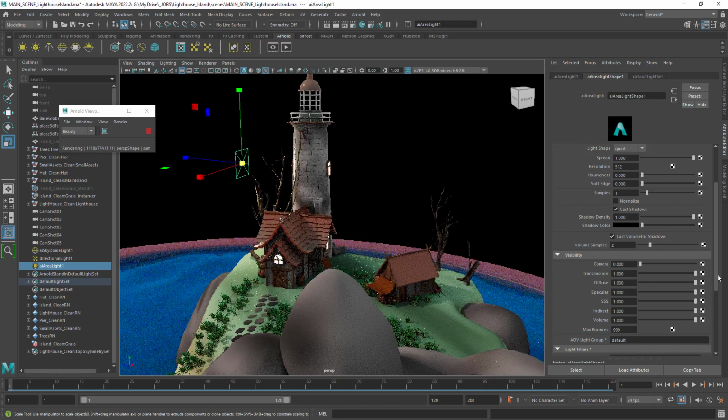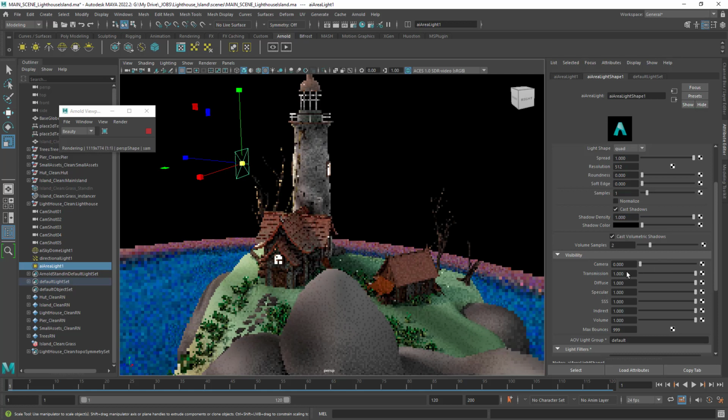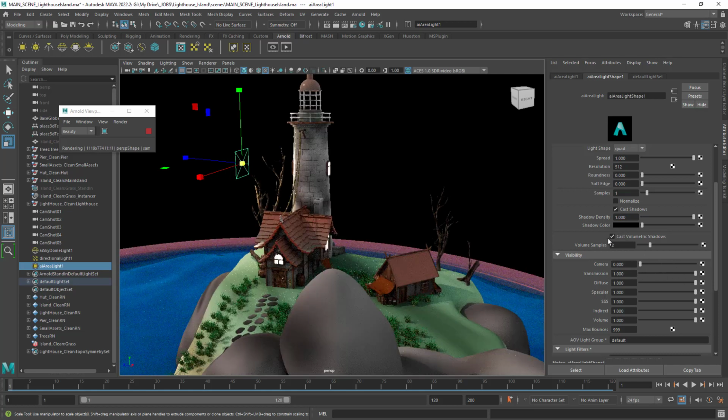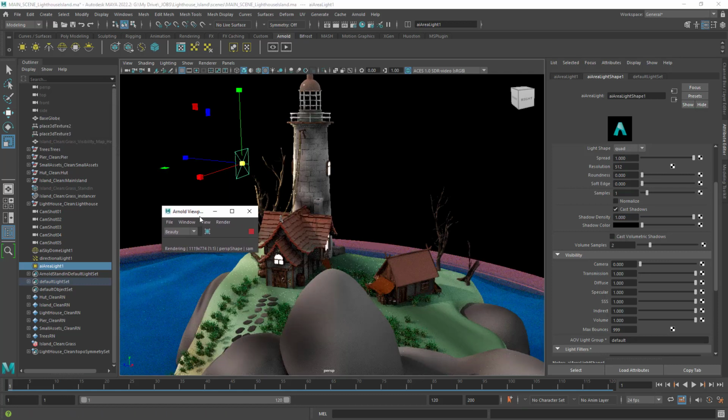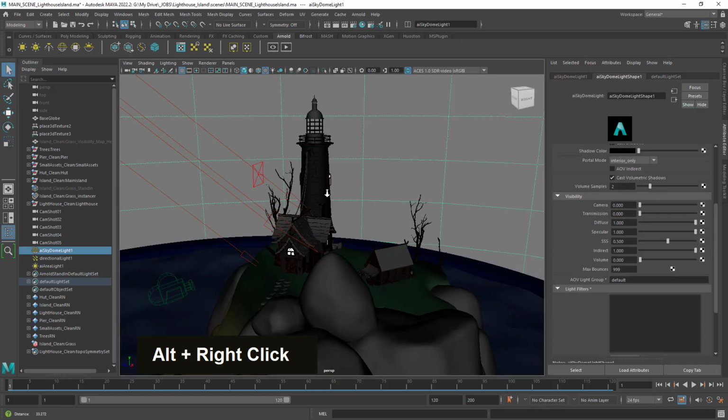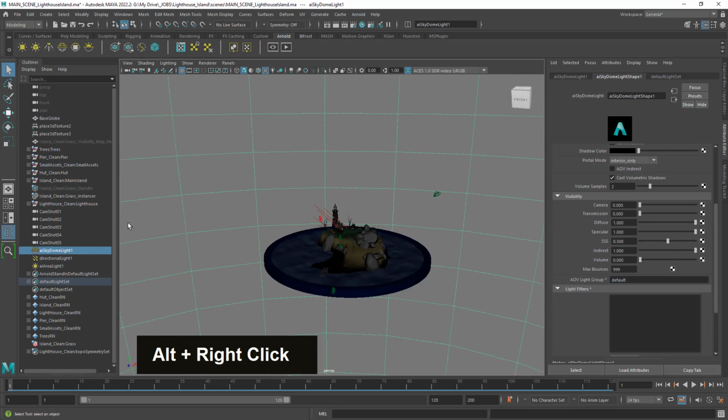Let's crank up this thing. And oh, by the way, camera is a way to hide or to show the shape of the light. You probably don't want to mess with that. You probably want to disable that as well. And now I would like to talk a little bit about quality when it comes to rendering. But you just have to think that with this AI Skydome light, I will have probably most of the light